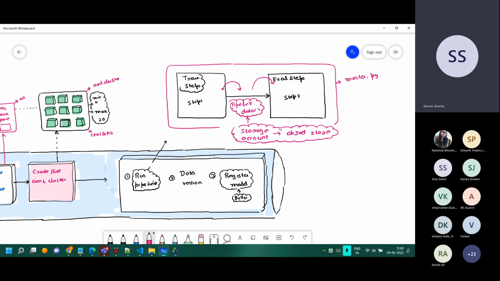Now, sequentially or parallelly, steps can be there. Can I have Spark over there inbuilt? Can I have Hadoop over there? Can I do something pretty complicated? Yes, you can do anything which comes to mind in these steps. So the data comes from here. This is the output, and then that becomes the input. And the middle location is the storage account, the default object storage.